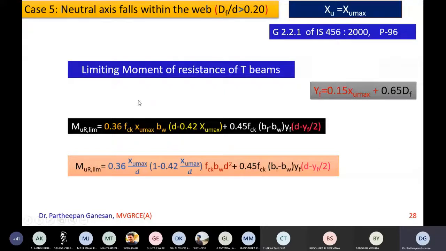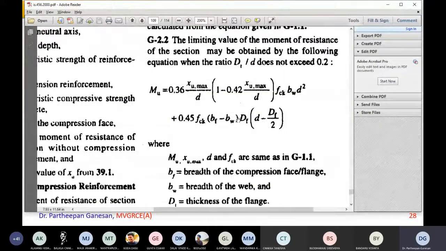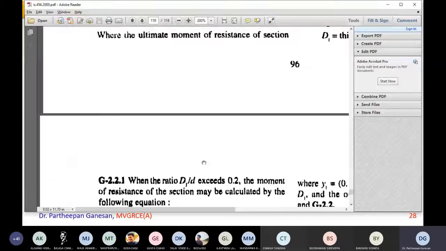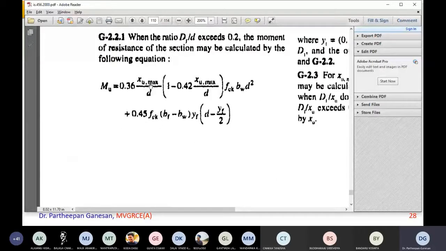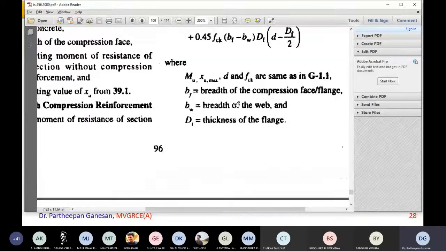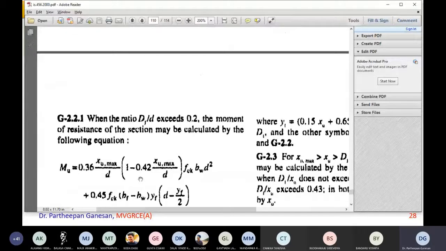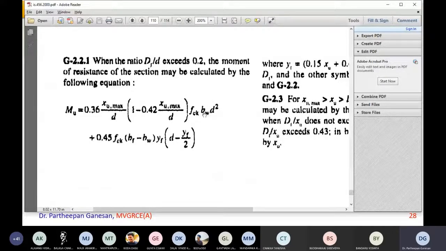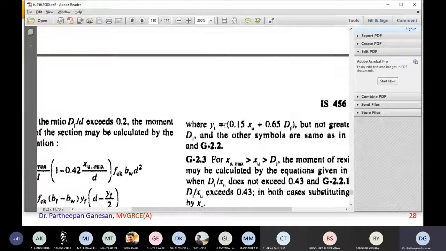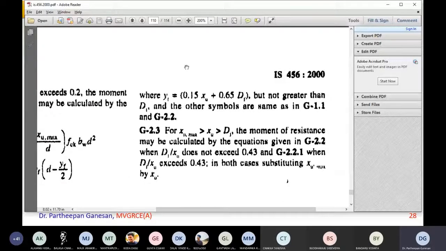Now you let me know if there is any doubt. If you understand case 2 and case 3, case 4 and 5 easy, and all these formulas are given in your code as I showed you here. This is code. If you replace with XU, that becomes case number 2. Here if you replace with the XU, this becomes case number 3, and case number 4 is this one. Case number 5 is this one. And if you want to find out neutral axis depth, you just remove the lever arm term. This is the lever arm term, and equal to 0.87 FY AST, you will get the neutral axis depth.